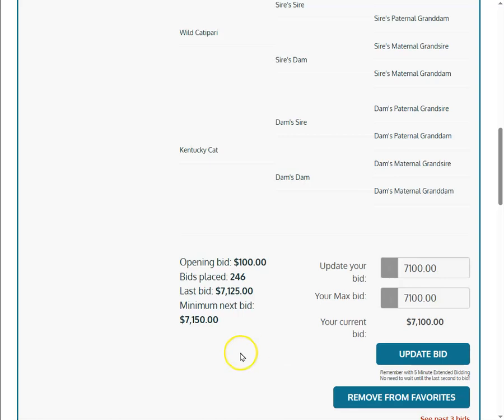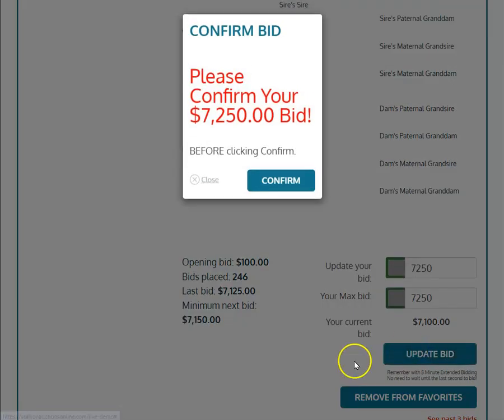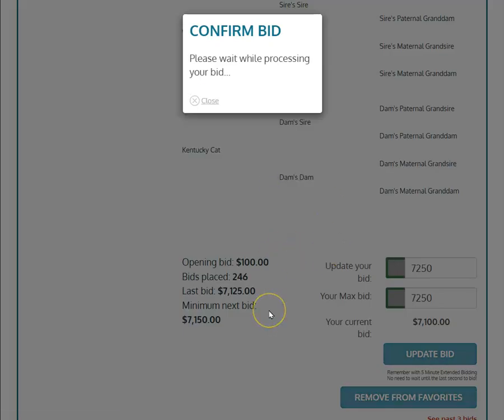So let's go ahead and make a bid on Kentucky Wildcat. The minimum max bid is $71.50. So let's put in $72.50. You can see the max bid automatically increases to that amount, and we're going to update the bid. Now we have a nice bright confirmation, so there's no confusion about what you bid for the horse. So click on confirm,